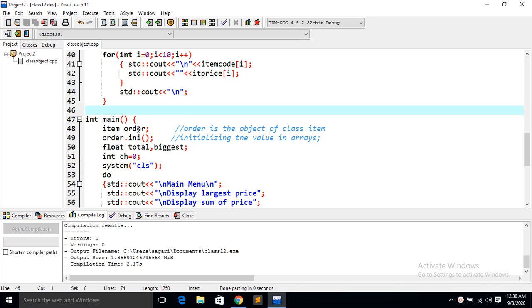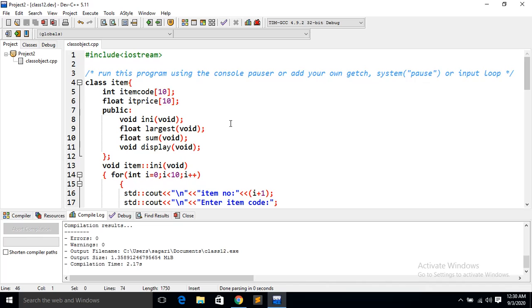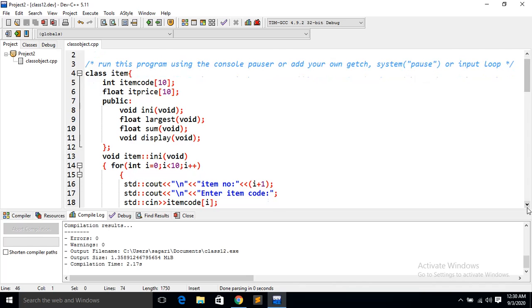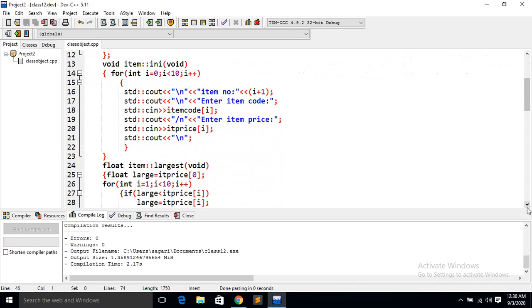Then here this is the important line. After int main you see item order. So item is the class, as I want to show you the before part, that means class item. Item is the name of the class, and class item has created one object.